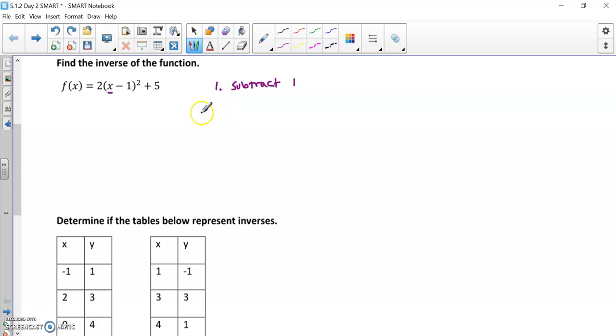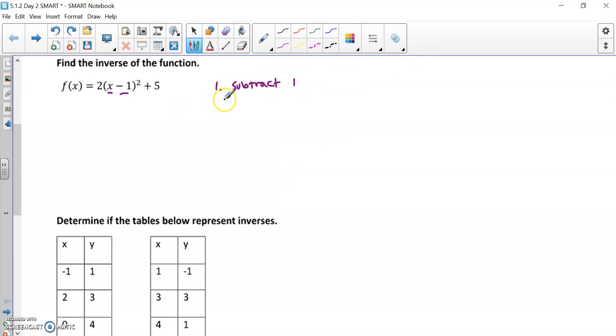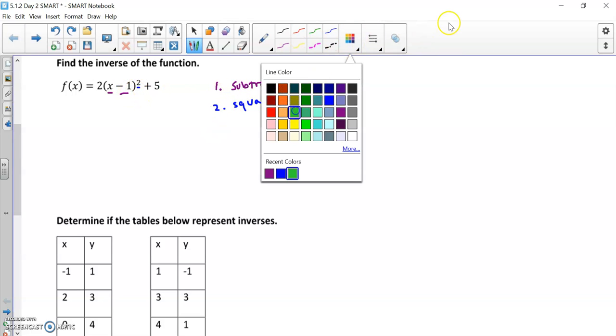Okay, and then once I take care of that step, I will notice that the next thing that happens is that this whole thing gets squared. So I'm going to write that we square. Okay, notice how this whole thing is in parentheses and that was the x minus 1 thing, so that's how I know that that's the next step. Okay, and then step 3,